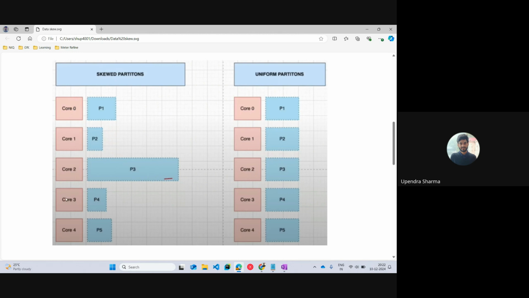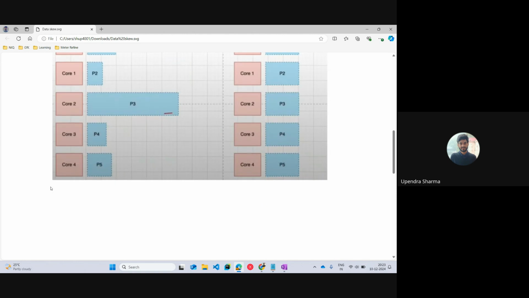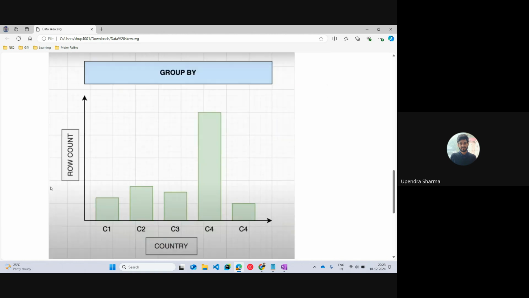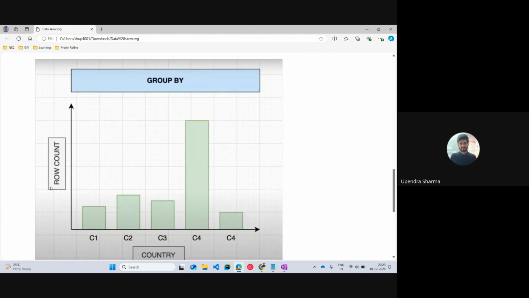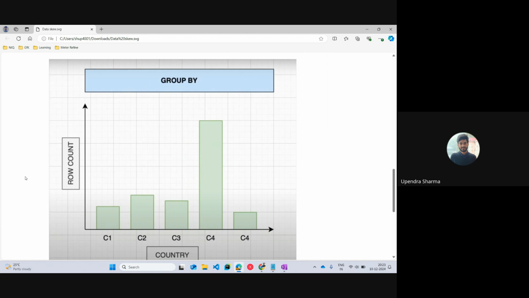So in simple terms, this is the wastage of resources. We have a few resources which are just lying over there. We are not using them judiciously. So this basically increases our operation cost, and this is very bad for a company. Okay. Now, so this is what data skewness was, right?